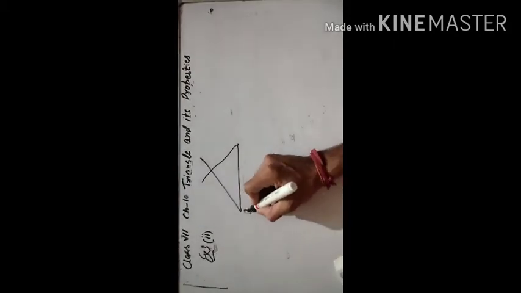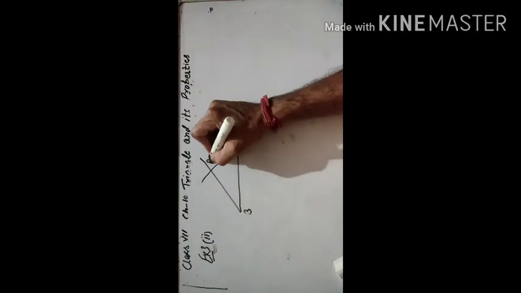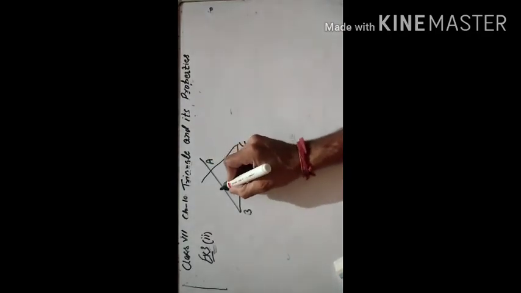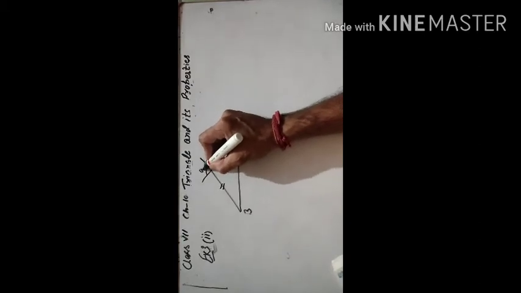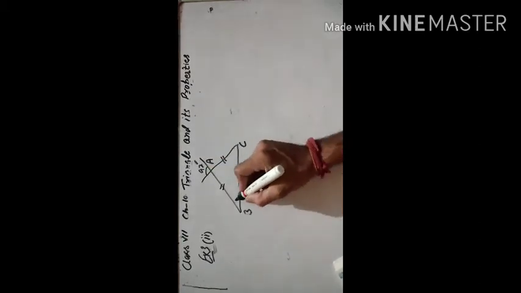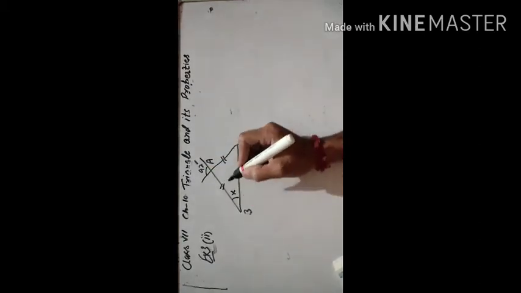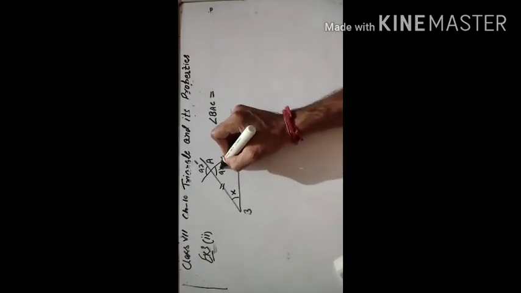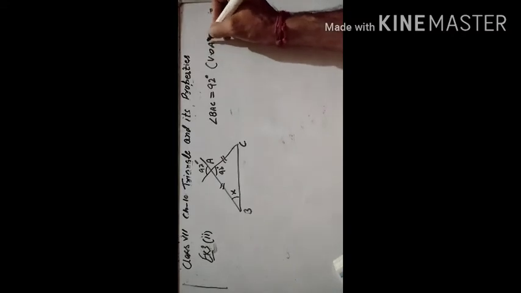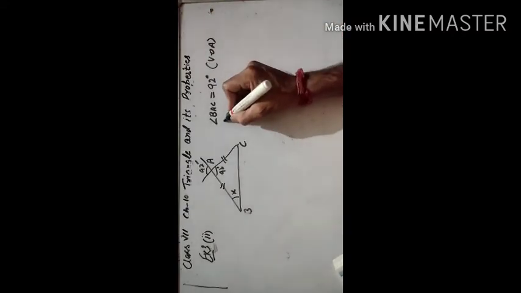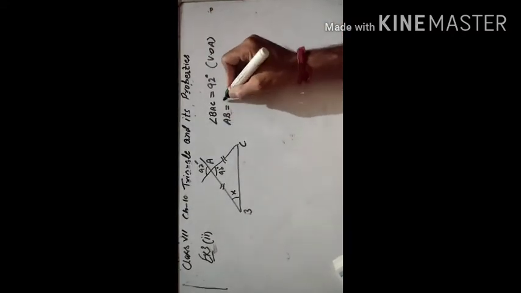This is B, this is A, this is C. These two sides are equal, and this is 92 degree, and this is x. Now angle BAC, this angle is also 92 degree, vertically opposite angle. Now in triangle ABC, AB is equal to AC